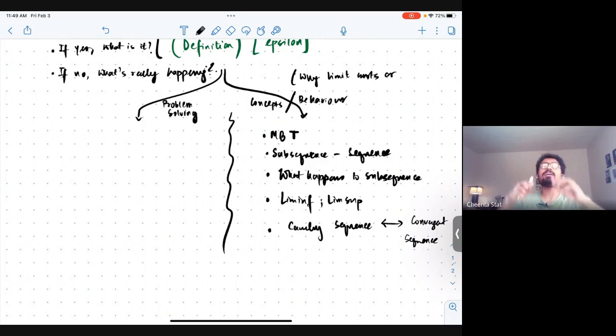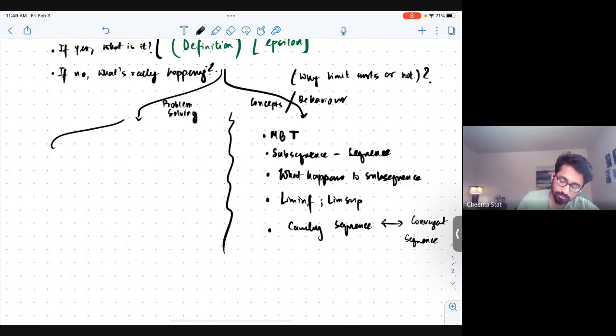It's like operating on the sequence and understanding what's under the hood, how it's working, which sequence is converging, which sequence is not converging. Like the why, the behavior, the concept that's happening. On the other hand, problem solving is very important. It's a computational way of showing that a sequence converges or not. So we will see there are two aspects.